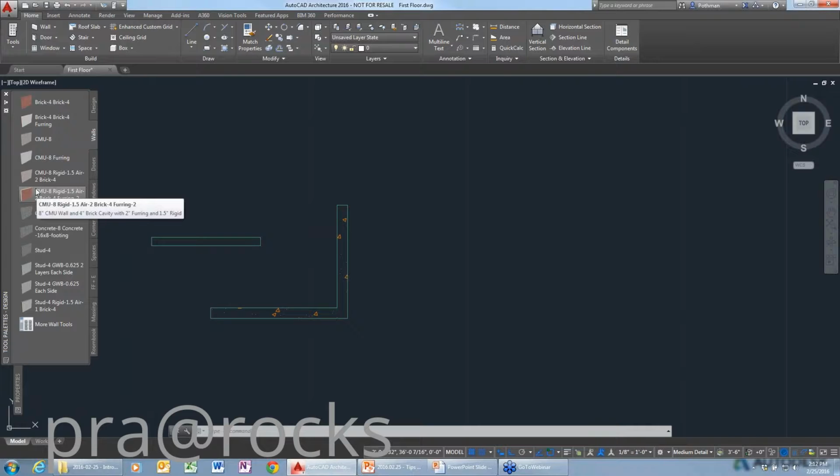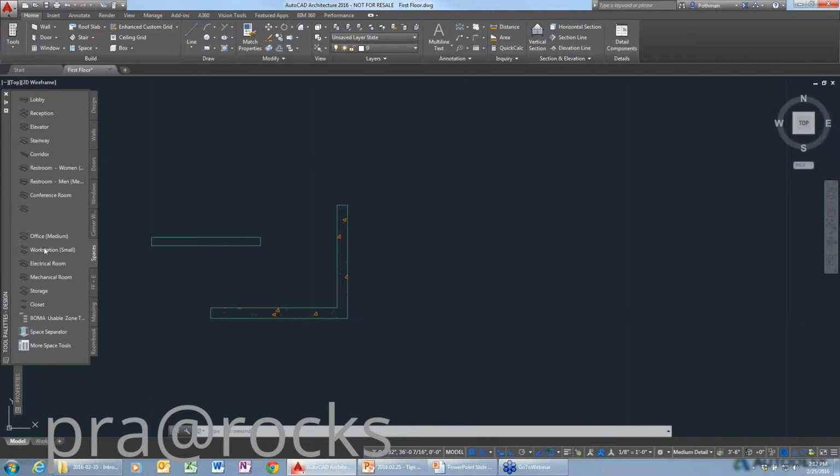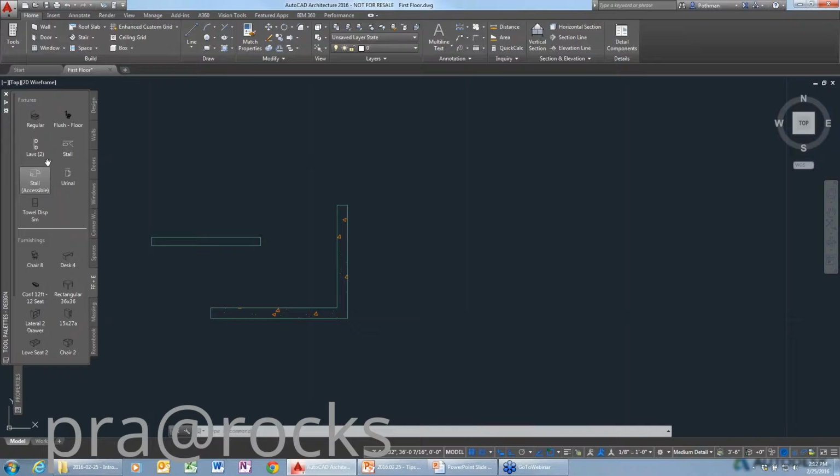So AutoCAD Architecture gets into everything from basic construction drawings, drawing walls, doors, windows. It does space planning, so you can create different types of spaces and create reports about the spaces. We have symbology for furniture, plumbing fixtures, all that type of stuff that's built in. You can do solids using something a lot more user-friendly than a solid, something we call massing elements,